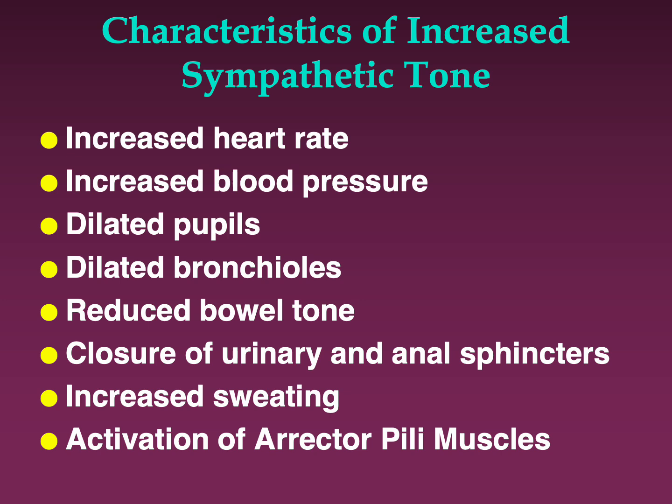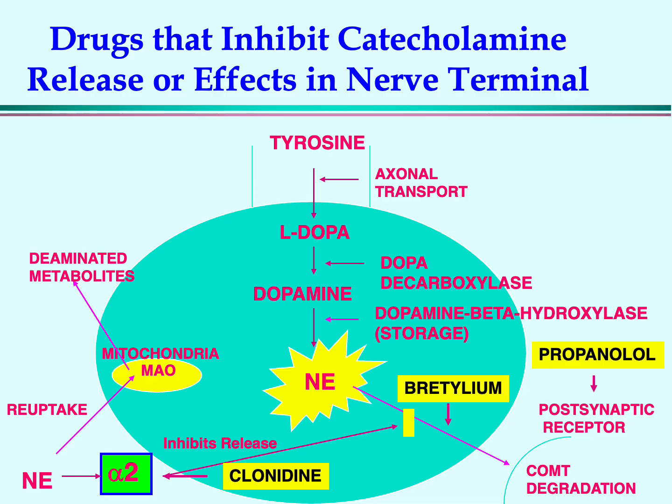So one way you might think to possibly address a case of overactive amygdala that's causing this increased sympathetic tone would be to come up with ways to reduce the release of norepinephrine, for example. There are some drugs available that work in different parts of the nerve terminal that can do that in some ways. But with the ones I have diagrammed here, none of these are really very effective at all in terms of anxiolytics. They're used for other things.